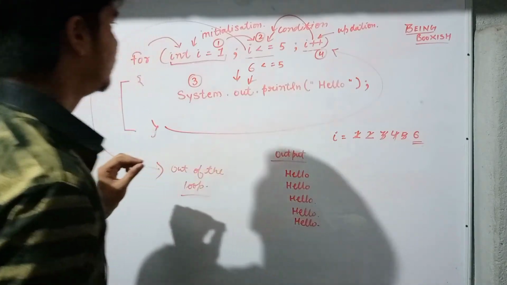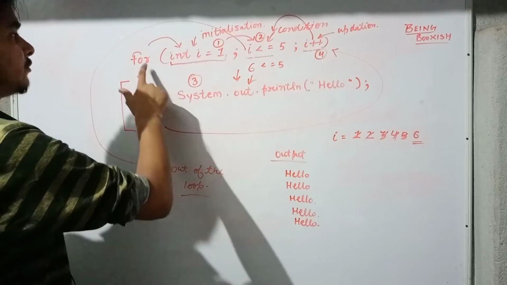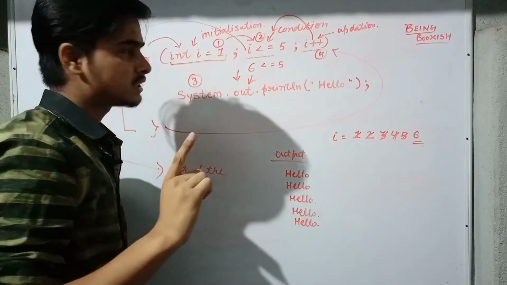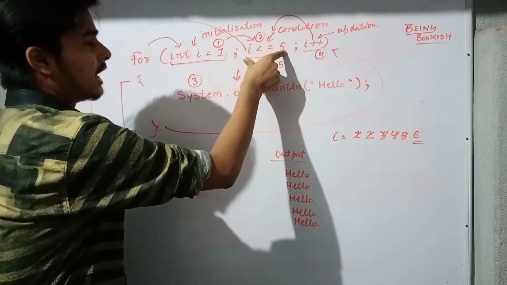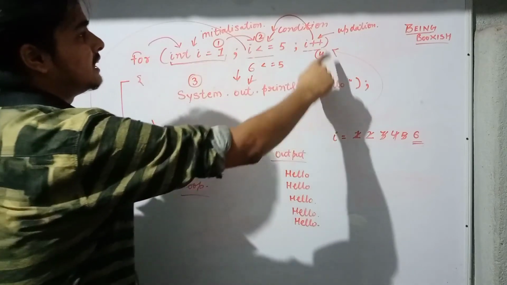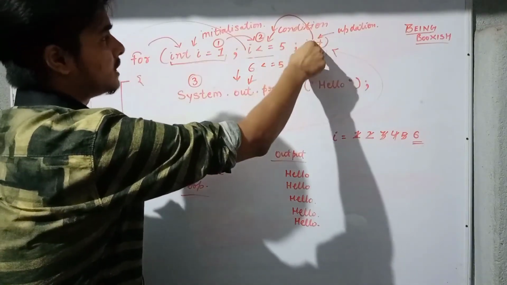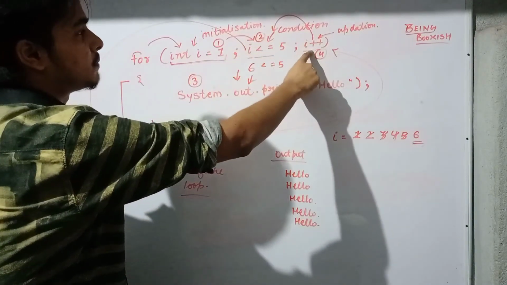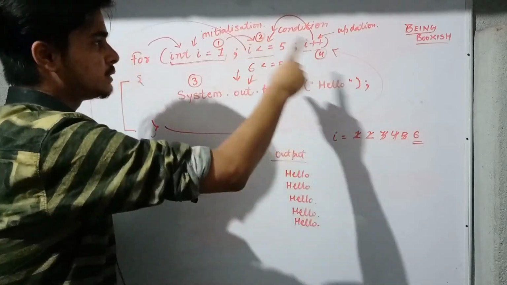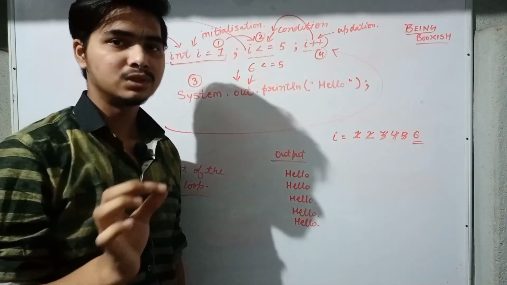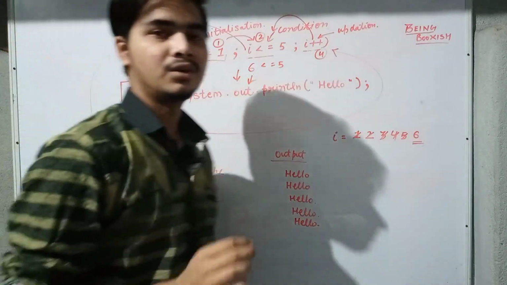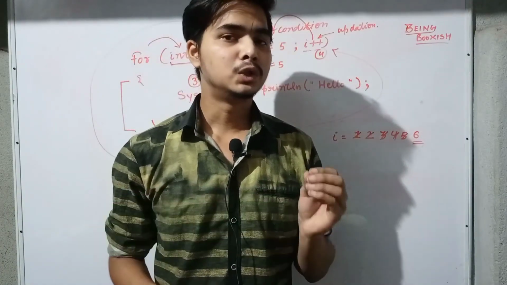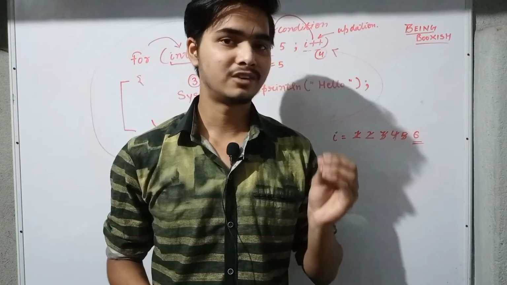Okay, so first of all, let me repeat all the points which I have said. In the for loop, we have 3 parts: initialization, condition and updation. First we will initialize, and this happens for the first time only. Next it will go to the condition part, and if the condition is true, it will come inside the body part. Then it will go to the updation part. Next, after updating, it will again go to the condition part. If the condition is true, it will again come down, and again go to the updation part. This process executes till the condition becomes false. So this is how a for loop works, and I hope with this simple example, you all have grasped the basic knowledge required for the loop.